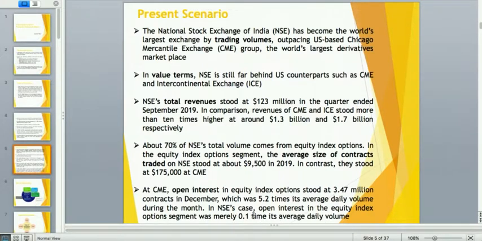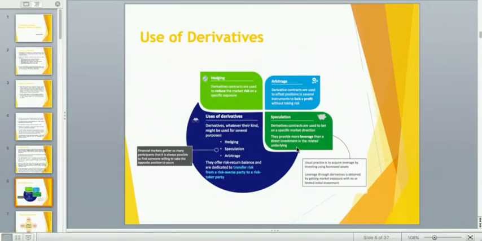In NSE's case, open interest in equity index option segment was merely 0.1 of its average daily volume. Moving on to use of derivatives. So before I give you a description on this visual graph here, I want to just emphasize a bit on the need for derivatives, not elaborating much, but quickly going through the points on why we needed